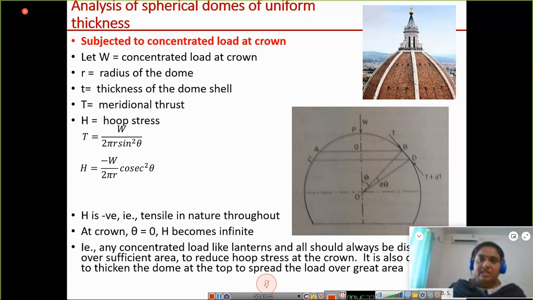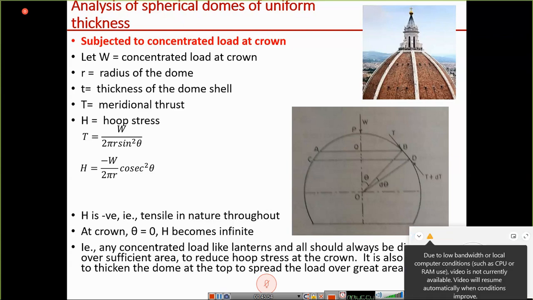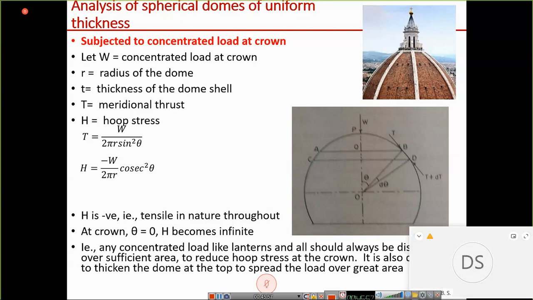Because of the wedge action of the voussoirs, because the voussoirs are wedge shaped, it will prevent the, let me take this slide. The tendency of separation of the voussoirs is prevented because of the wedge shape, and once it is prevented, it creates a kind of stresses, and thus the hoop compression is generated. Next. Okay, ma'am. That's all for now.